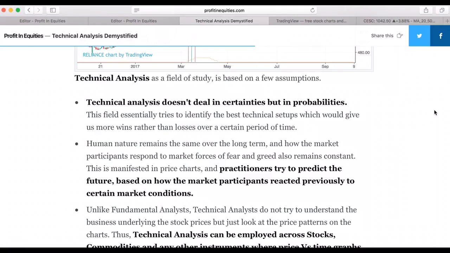Technical analysis is based on probabilities. If you make a trade, there is absolutely no guarantee that you would be making any money, but there is a chance that you would be putting yourself in a better probability while making certain trades. You would have a better chance of being in a trade which would be profitable compared to when you would just be picking stocks at random. So this aims to improve your probabilities of success. The second